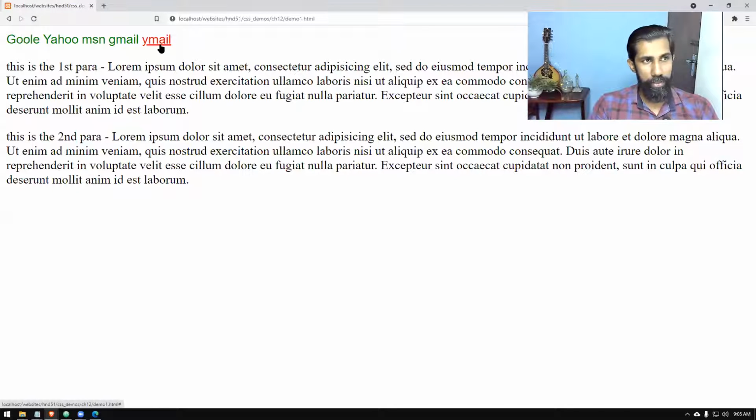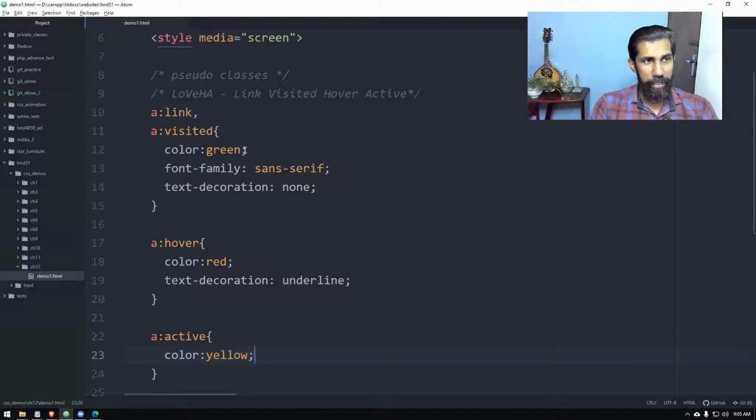So if I click and hold, then it changes to yellow. So if I click that moment, it changes to yellow color, then it goes to the website, okay? That it works. So that is basically, with the HTML links, the four pseudo classes, right? Those are the main four pseudo classes that you have with links.